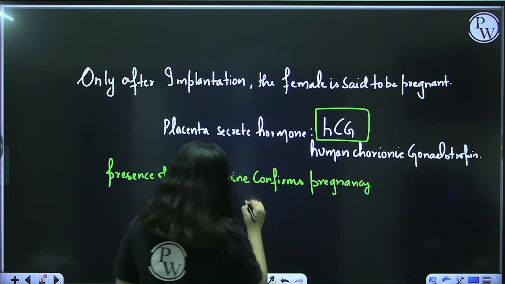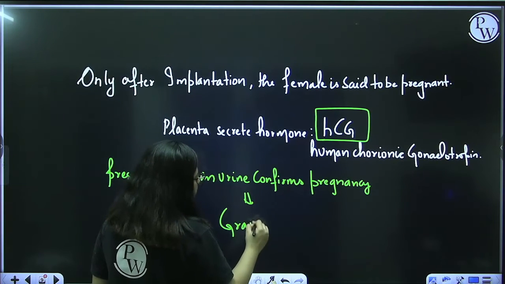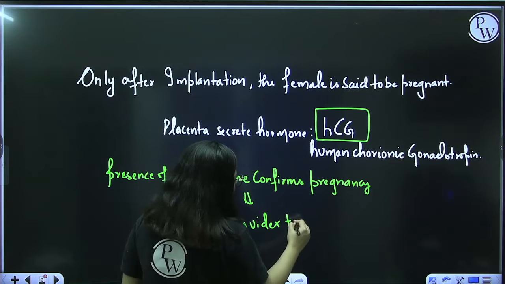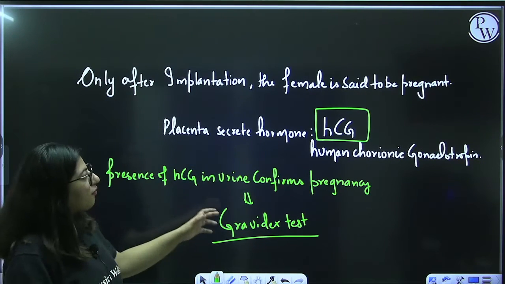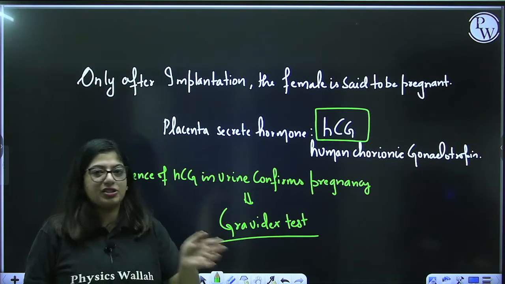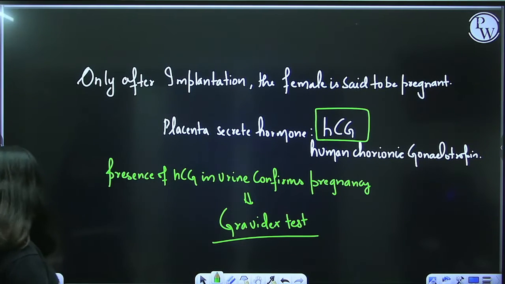Okay, and the name of the test is Gravidex test. Those sticks that come, that test has a name, that is Gravidex. So this is how a female is considered as pregnant. Before that, she is not considered as pregnant, right? Another point to note here